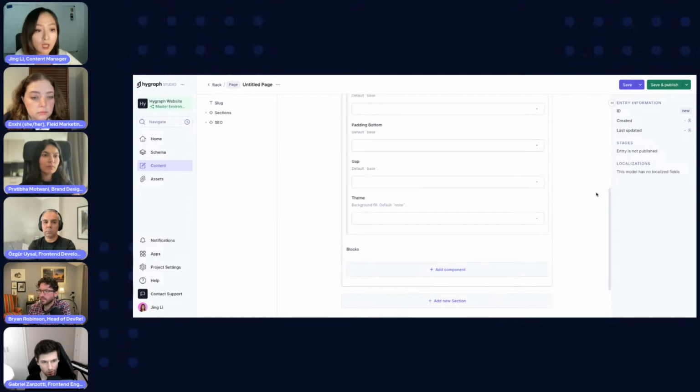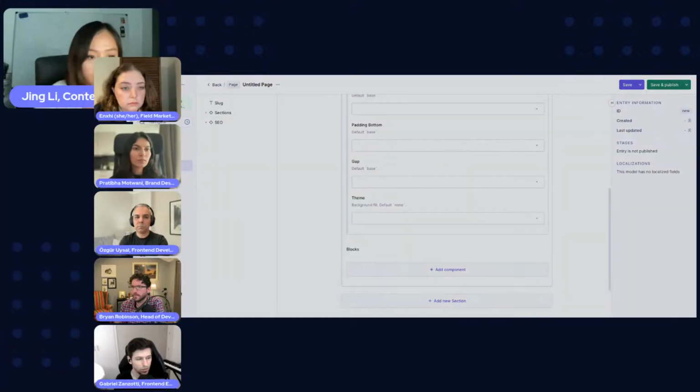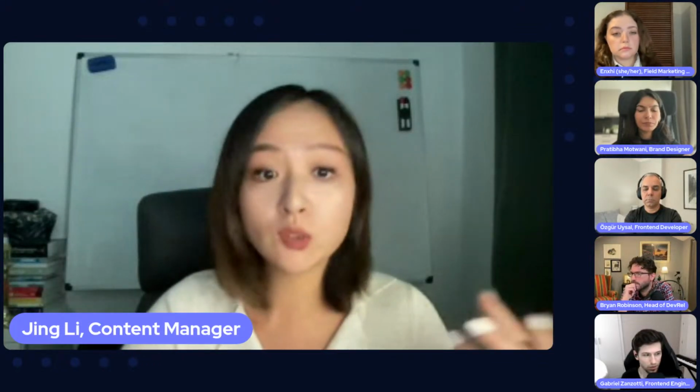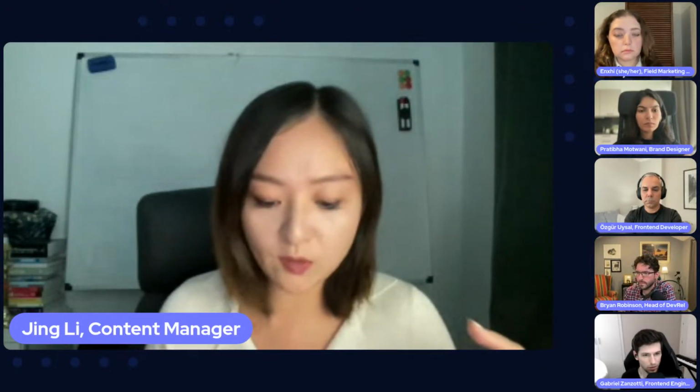Maybe we don't need to show that page anymore. It's something we've mentioned repeatedly, that using this kind of modular page or design system